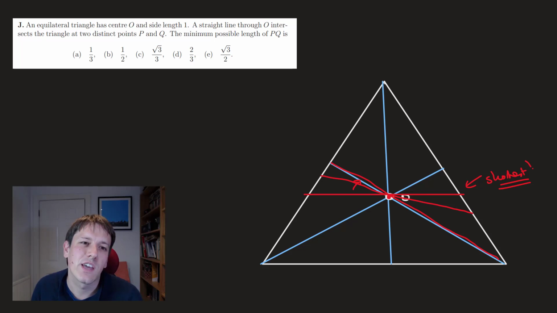And it's going to increase a bit and then decrease in this sort of scenario, I think, where the length of this line is going to get longer until it gets to this point, and then if I start getting further, it will decrease again until I get to the next point that's parallel to a different pair of sides, say, right? So I think you can reasonably convince yourself that by making an argument like that this is just the shortest